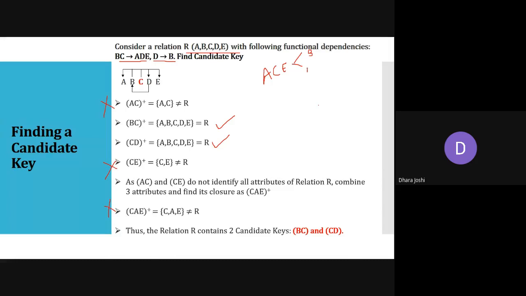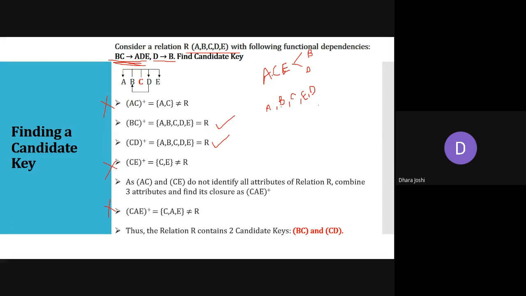Okay. So first we are doing it for B: A, C, B. So the answer will be A, B, C, E. It is by default A, B, C, E. And if I have both the values B and C, then I can get the value of D from this first condition. Okay. So yes, this can become a candidate key. But what does the candidate key mean? The minimal attributes we can use in the candidate key through which we can identify the unique records. So we want a minimal set.